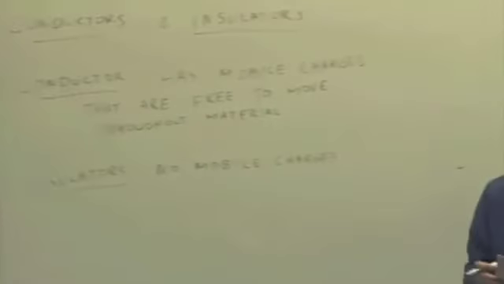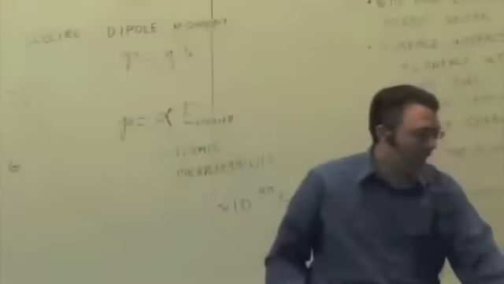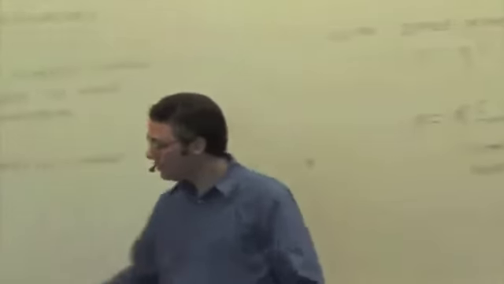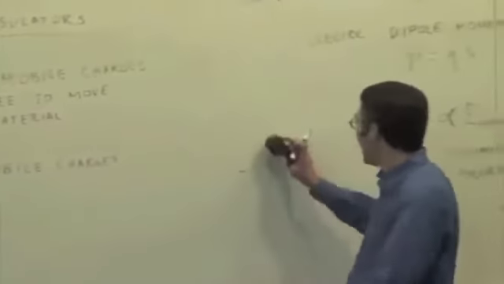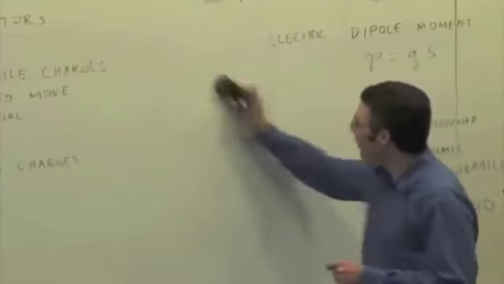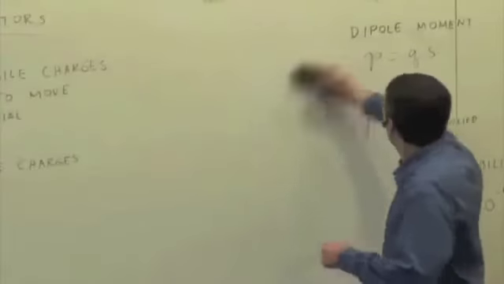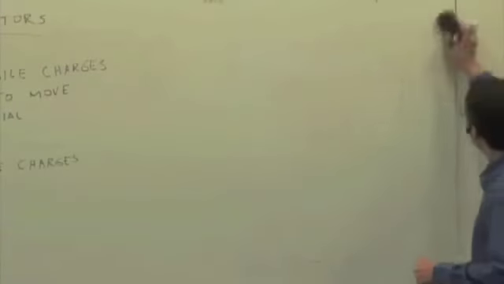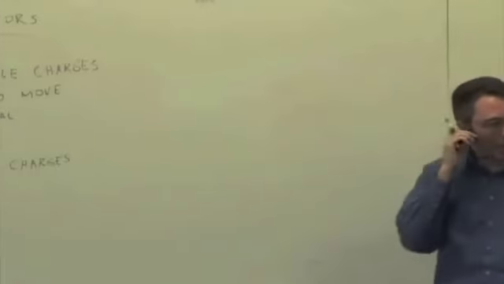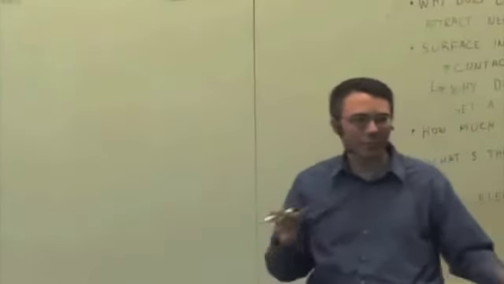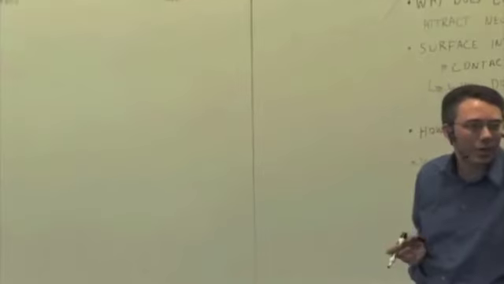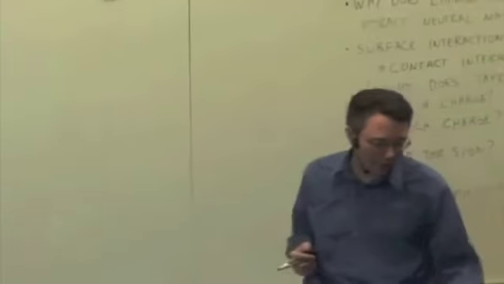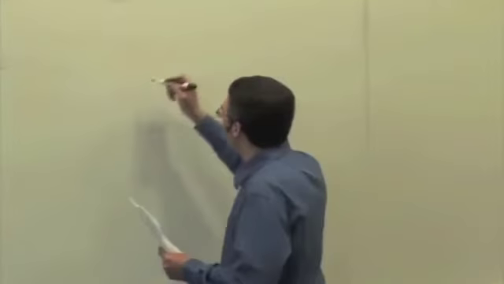Okay. So what we've been dealing with so far, the case of the tape, for example, is an insulator. In insulators, we have charges. We have positively charged nuclei and electrons bound to those nuclei. But the key idea is that those electrons are bound to the individual nuclei and can't move, at least not very much. Okay, they can shift a little bit. The electron clouds in the atoms or molecules can shift a little bit, but they're not free to move throughout the material. Okay, so when you're looking at an insulator that's polarized,